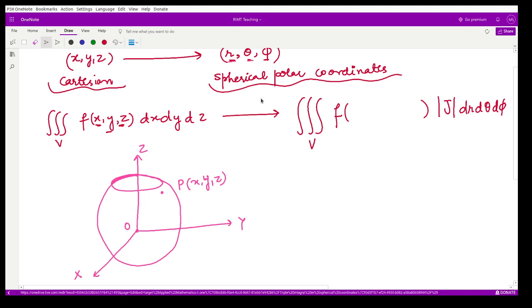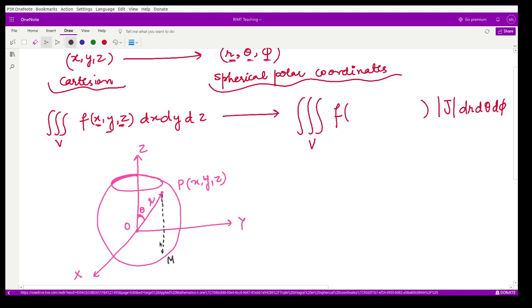That is the first question. Your r would be the distance of this point from the origin. So that is the distance r, and whatever angle this r makes with the z-axis is termed the angle theta. Now you take the projection of this point P onto the xy plane. So what will you do? You will draw a perpendicular line from this point onto the xy plane. Say this is the projection. Let me call this M.